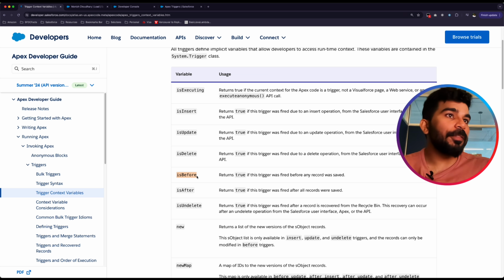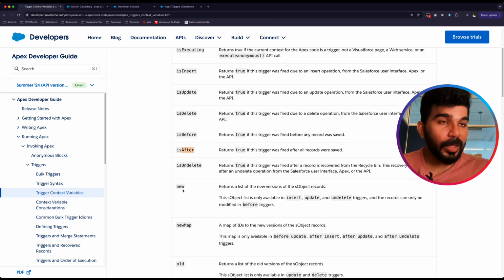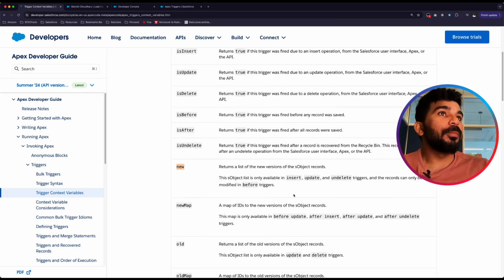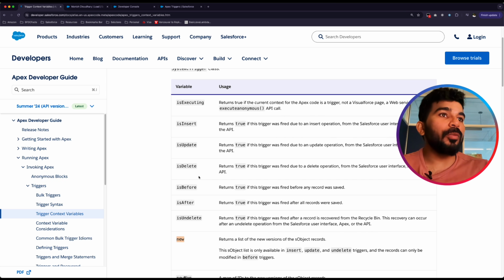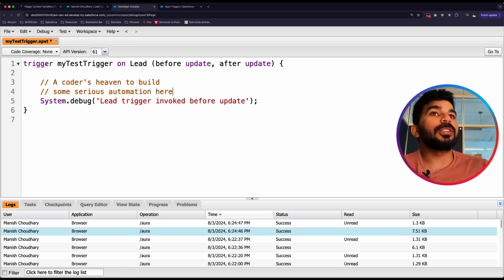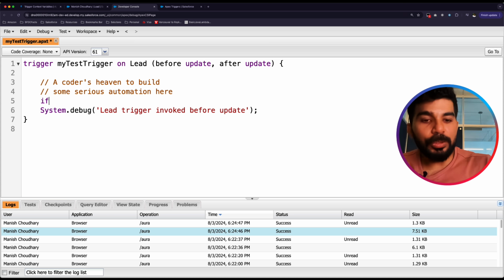If you use the isBefore trigger context variable, then it will return true if this trigger was fired before any record was saved, and isAfter will be true if this event is fired after the record is saved. We'll also talk about Trigger.new, newMap, old and oldMap when we get into some more complex examples. But to solve our problem right now, I think what we need is this before, after and update trigger context variable. So let's go back to developer console, and here what I want to do is check